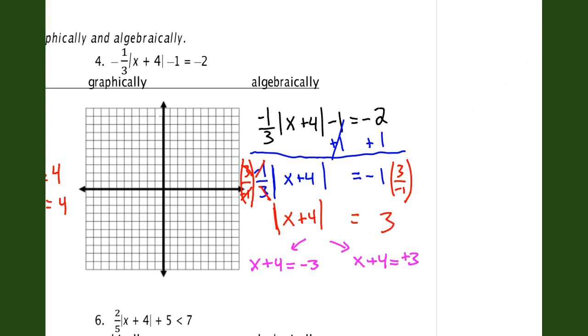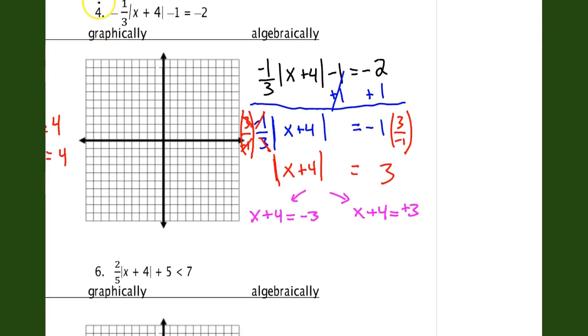If we solve each one of these separately, by subtracting 4 on both sides, we'll get both answers. There we go. So we have x equals -7, and then x equals -1. So two answers,